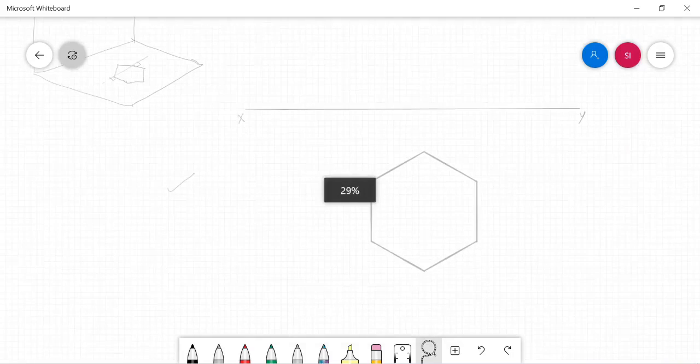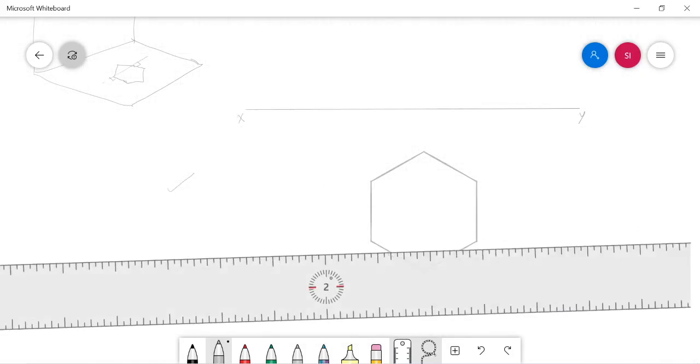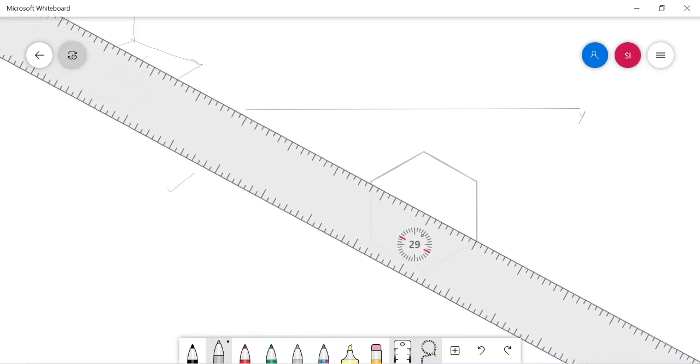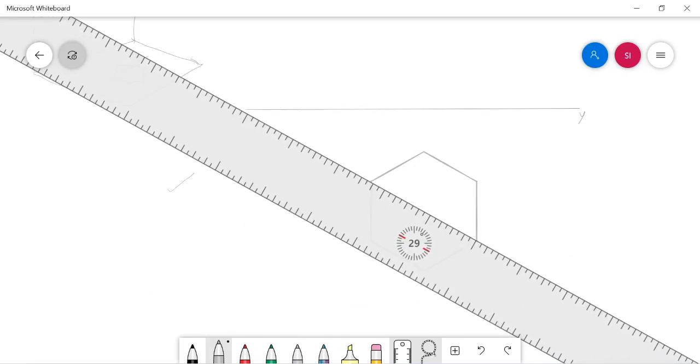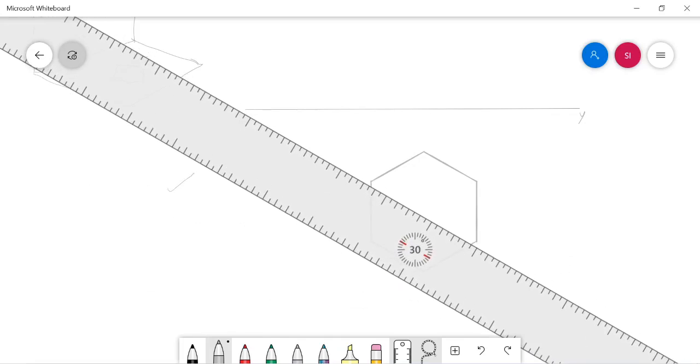With the 2H pencil only I need to draw now. It is actually a pyramid, so it's going to have the apex point. By connecting the opposite corners of the hexagonal base, we can mark the apex point of this solid.